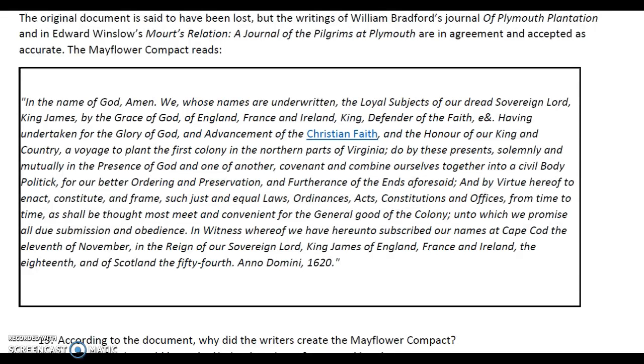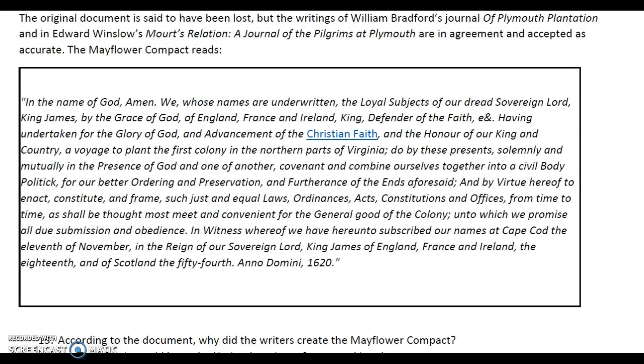"In the name of God, Amen. We whose names are underwritten, the loyal subjects of our dread sovereign Lord King James, by the grace of God, of England, France, Ireland, King, defender of the faith, and having undertaken, for the glory of God, the advancement of the Christian faith, and the honor of our King and country, a voyage to plant the first colony in the northern parts of Virginia, do by these presents solemnly and mutually, in the presence of God and of one another, covenant and combine ourselves together into a civil body